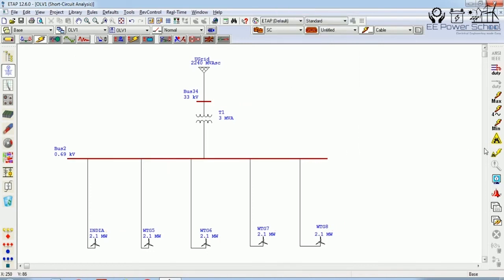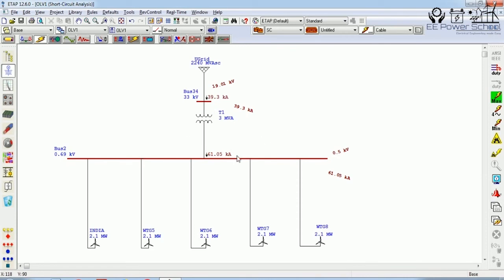So let us now observe if we create a short circuit fault on both buses. I am creating a simultaneous fault on bus number 2 as well as bus number 34. When I have created the fault, let us observe the maximum current. The maximum current at bus number 2 is 61.05 and at bus number 34 is 39.3 kiloampere. When a fault is created, as you go away from the generator, the short circuit current decreases. So bus number 2, which is close to the generator, has more short circuit current, and bus number 34, which is far from the generators, has decreased short circuit current.